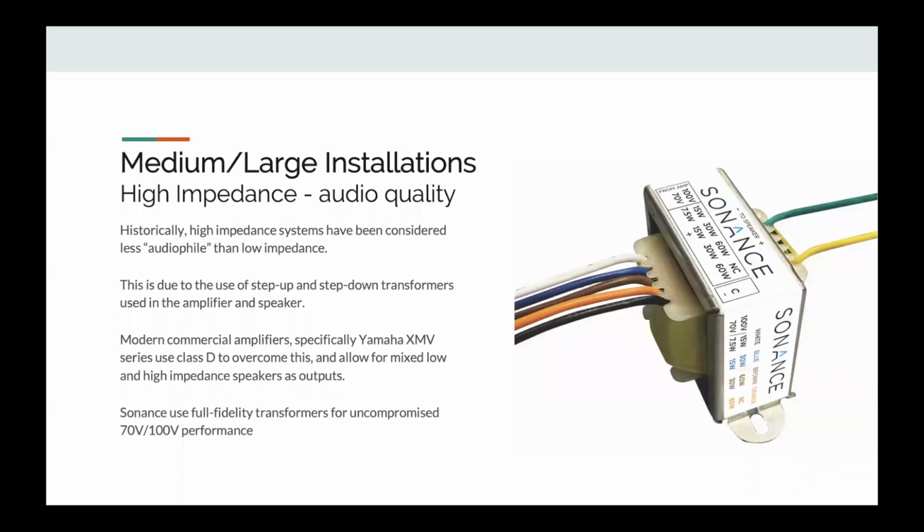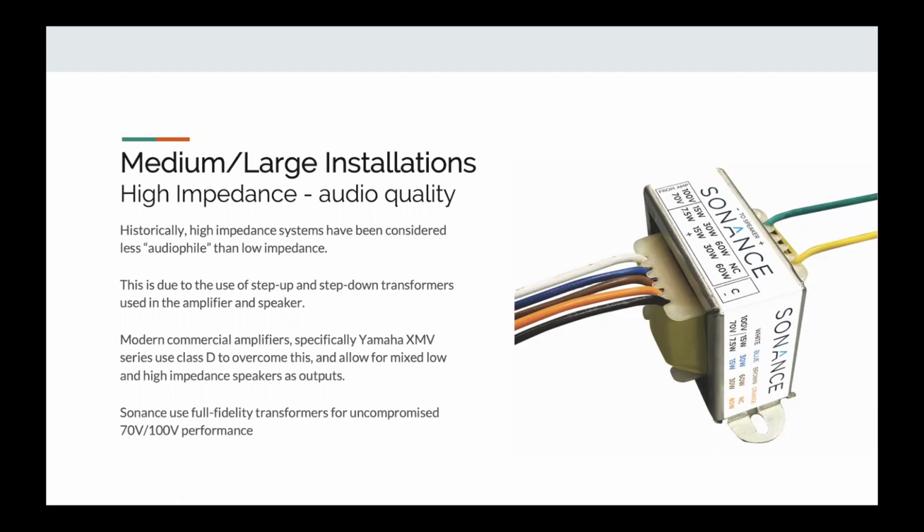One of the reasons that you don't find high impedance used in home applications is because historically it's been considered to be less audiophile. I won't go through too much physics, but basically if you run any kind of audio signal through a large coil of copper wire through a magnet to be caught by another large coil of copper wire, which is exactly how a transformer works, then it's likely that you're going to see loss of audio quality, and that generally happens at the high end and the low end, just like it does with longer speaker runs. So traditionally, people don't use